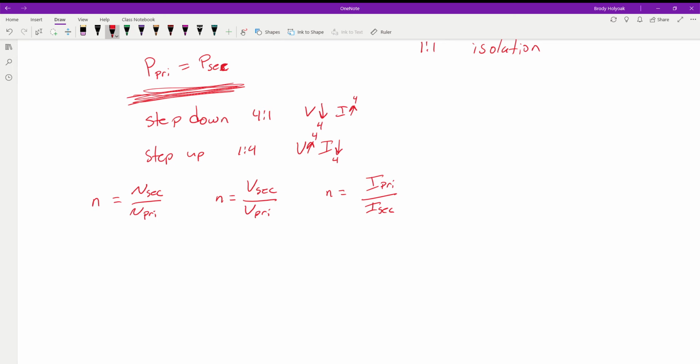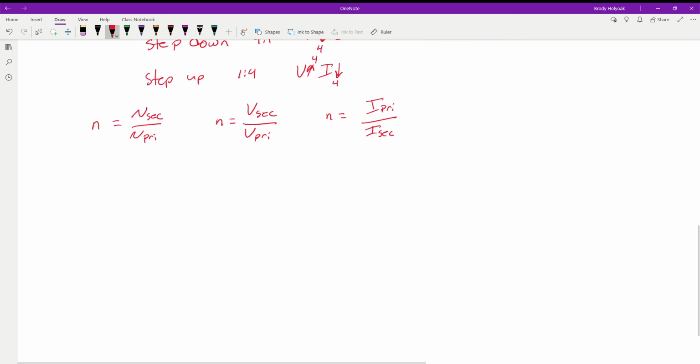So as the primary current goes up, the secondary current is going to go down. Like I said, this is how we're going to follow these. These are going to come into play in a little bit when we start talking about how to do some of these calculations. So with that, before we get to different kinds of transformers,